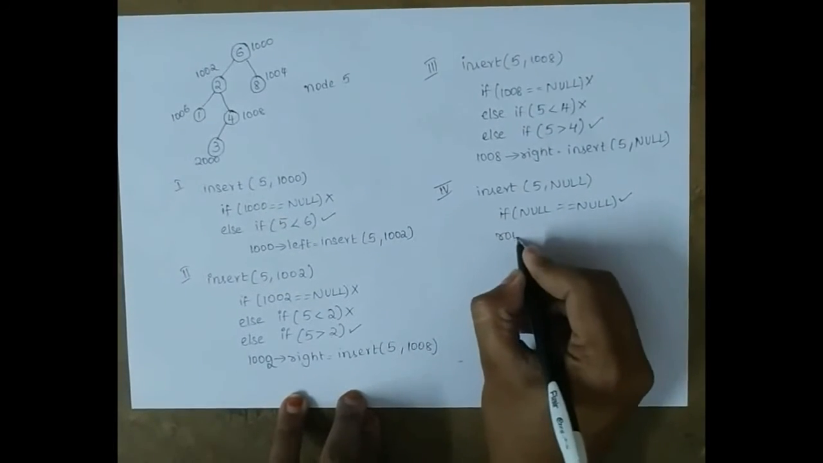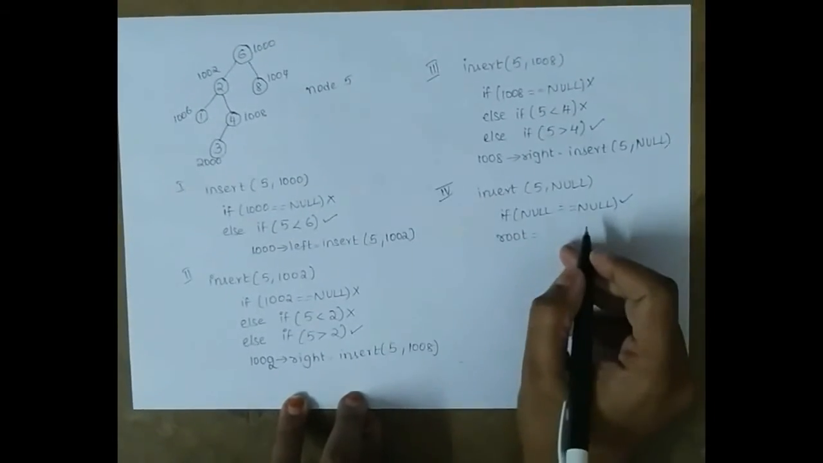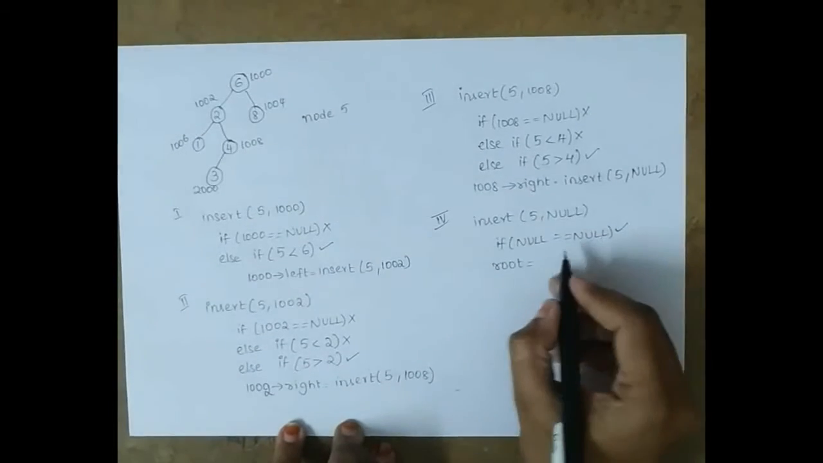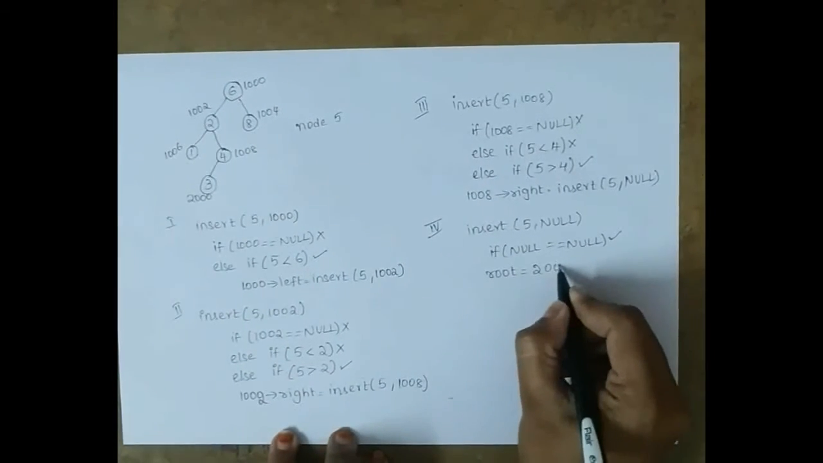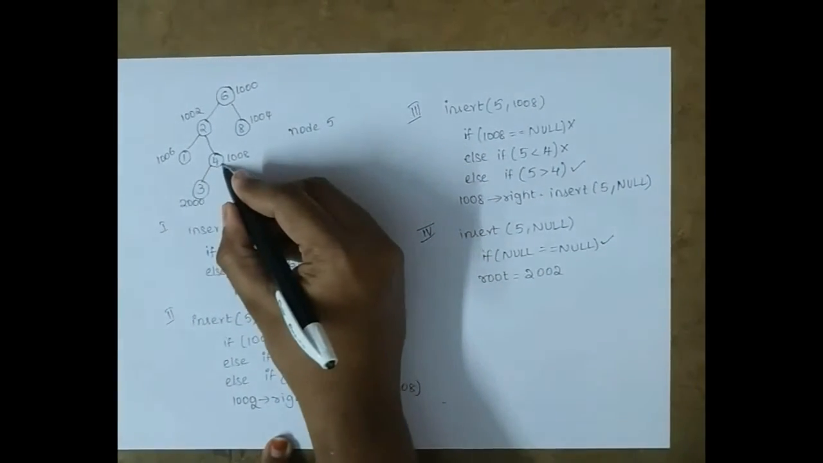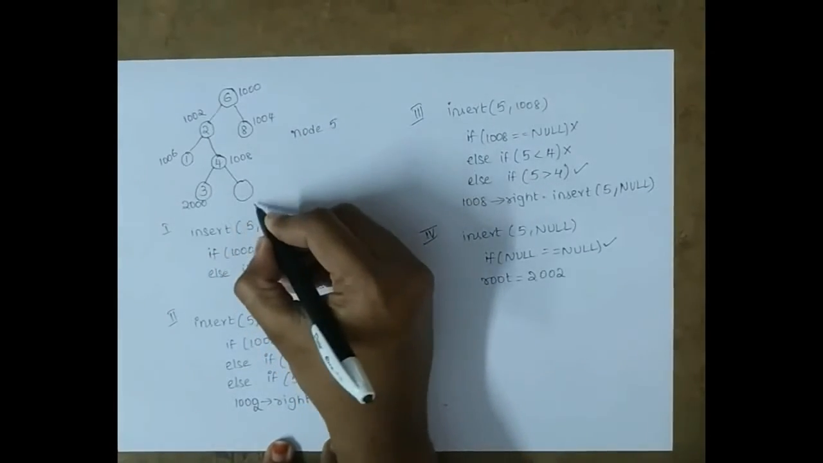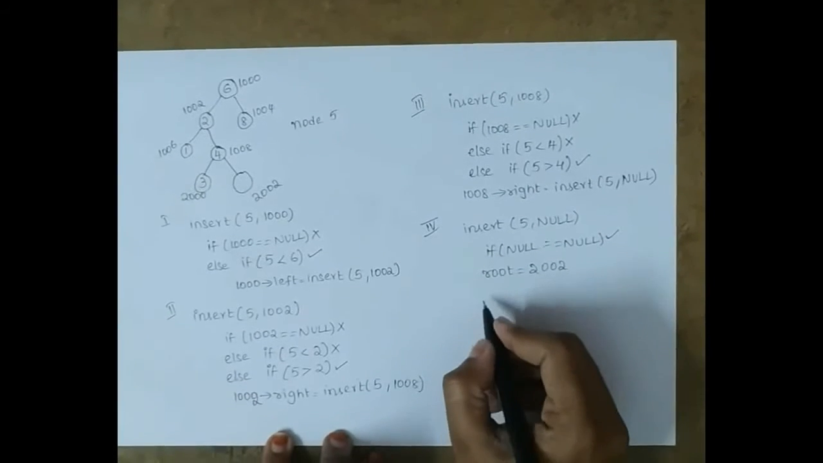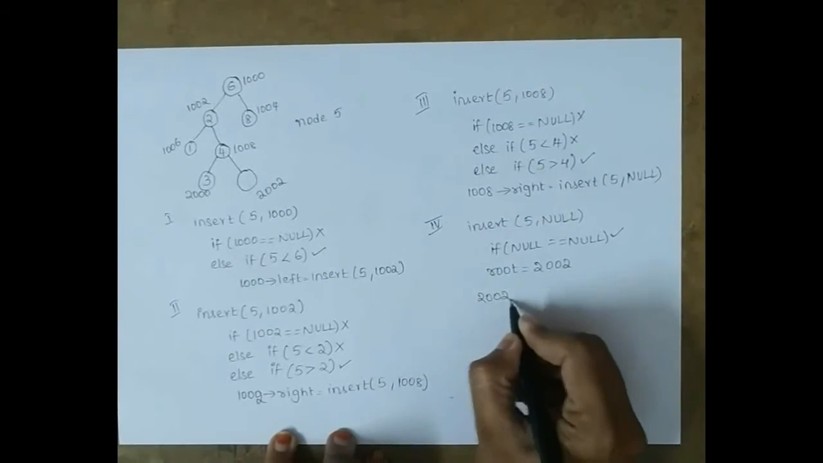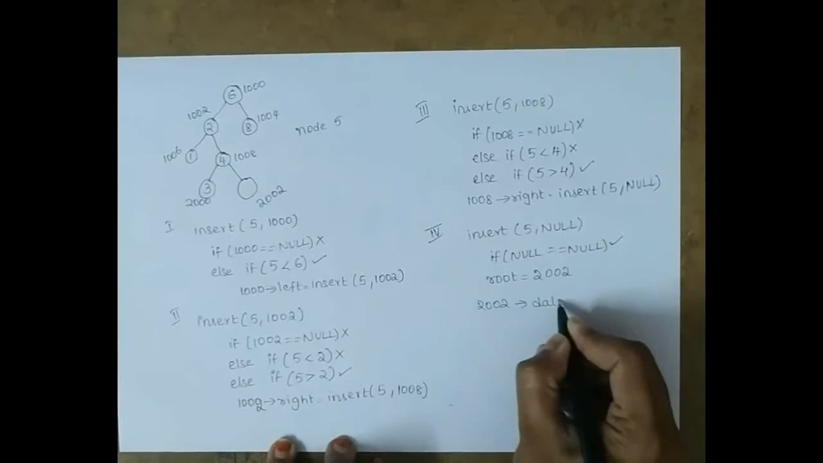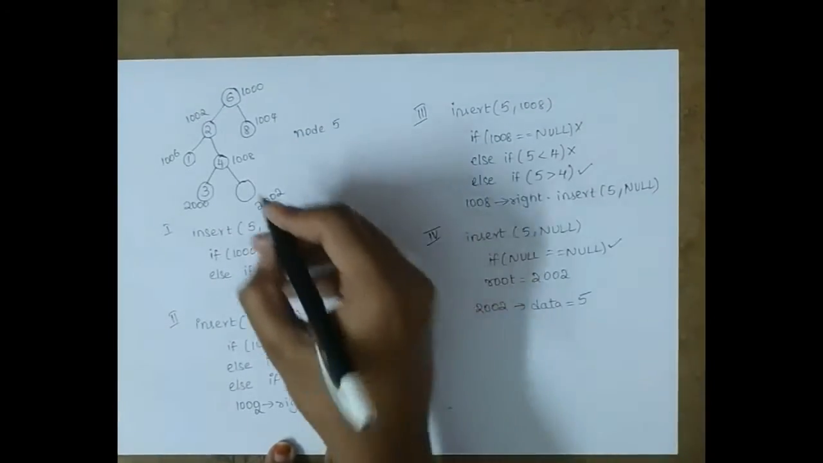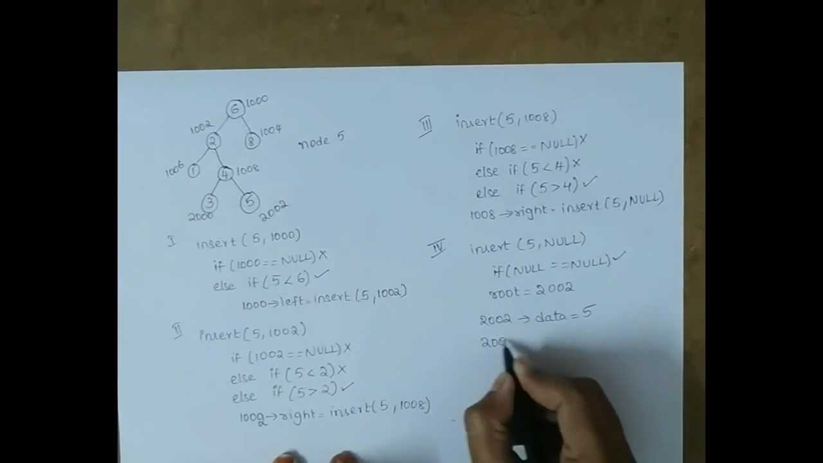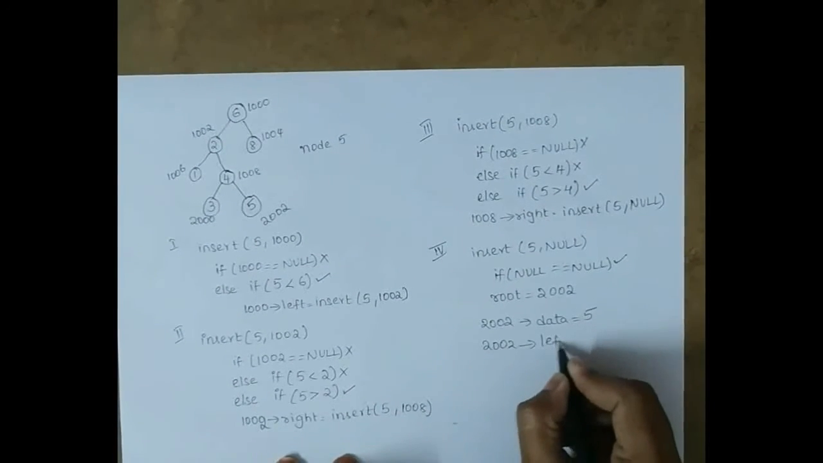So root equals to, I am assigning some memory location to the newly created value using the malloc function. Let it be some 2002. Some memory is created with value 2002. Now you have to place 5 in that data part. So 2002 of data equals to 5. I am placing 2002 of data as 5 and 2002 of left equals to null